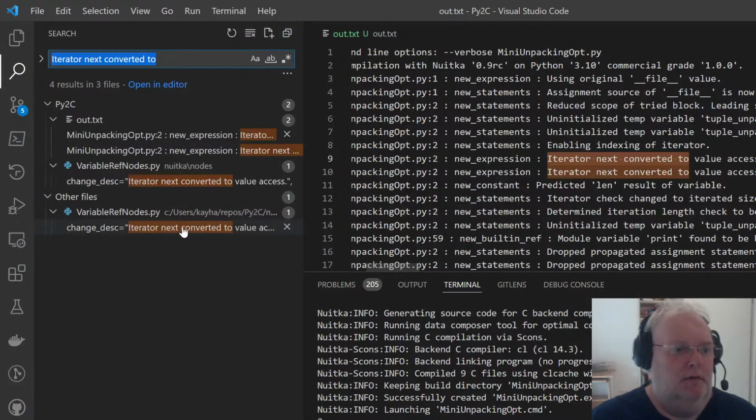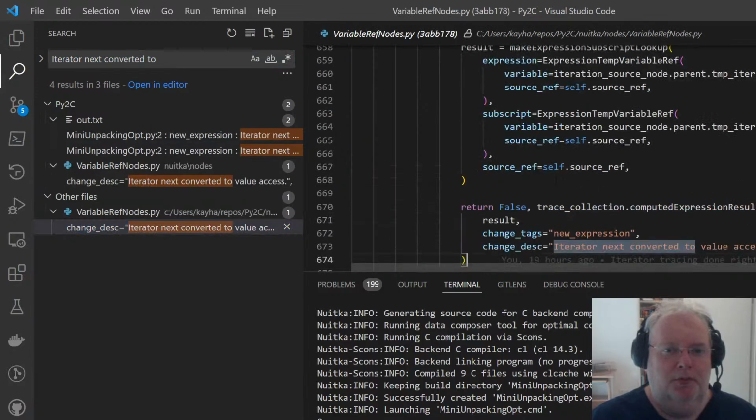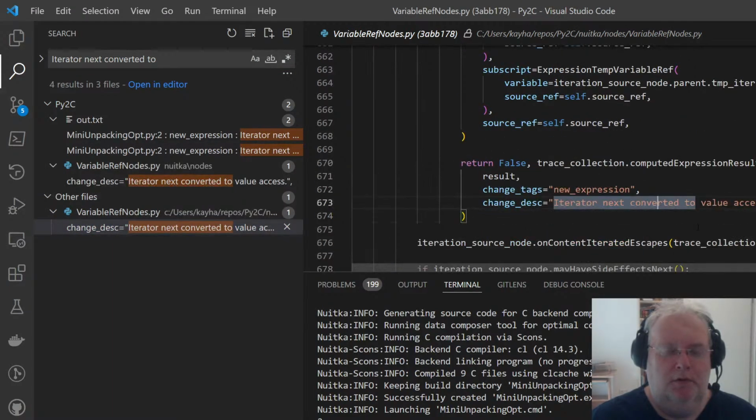So where are we? We are in a variable ref node. Basically, we are probably an assignment, but we don't know.